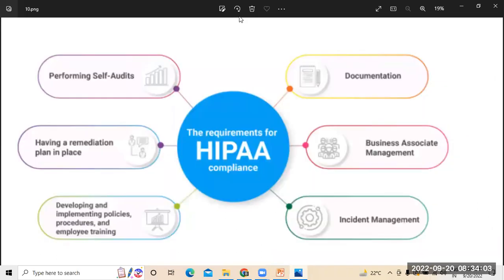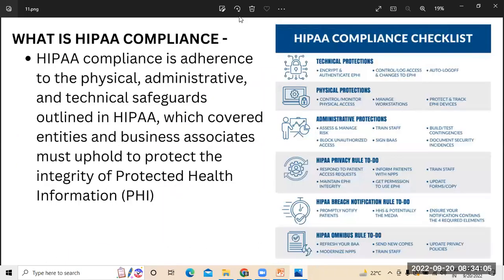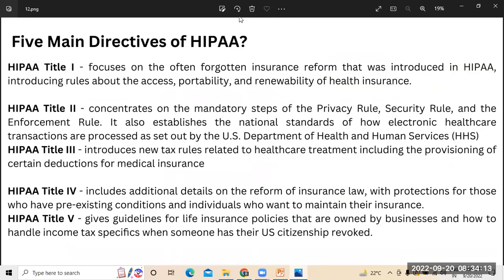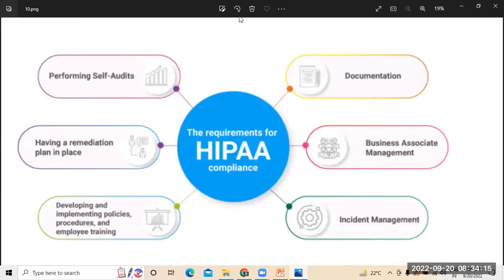Now, when it comes to the requirements for HIPAA compliance, whatever we discussed in the previous session about the HIPAA compliance checklist, followed by these directives as well as the rules, we have discussed. Finally, last but not least, when it comes to the compliance requirements, what requirements for HIPAA compliance we have to consider. This is the one which is required for a BA, especially for a person who is involved in a business analyst role.